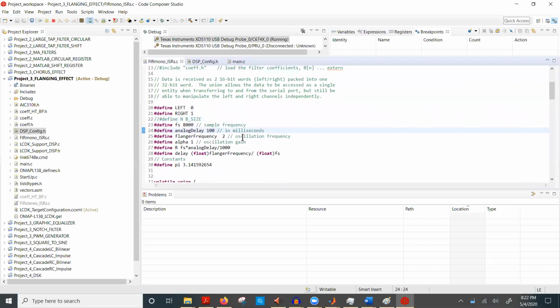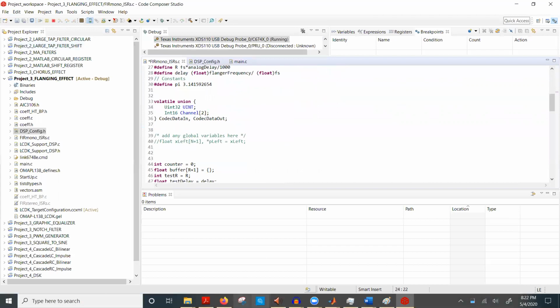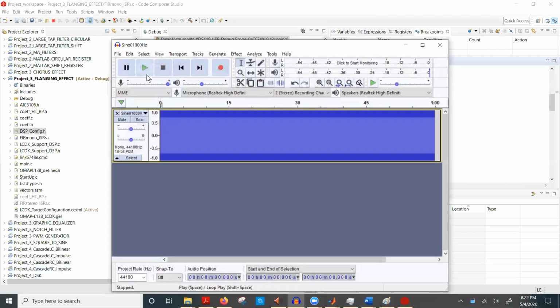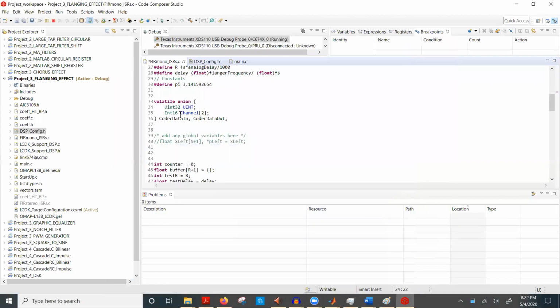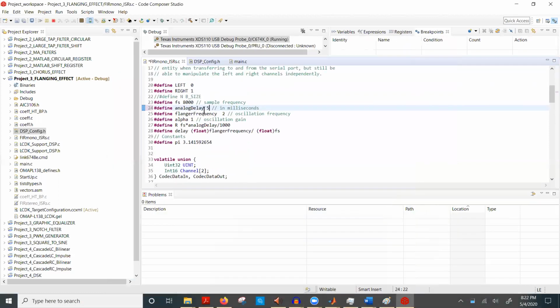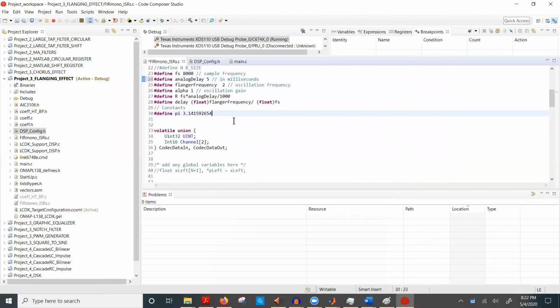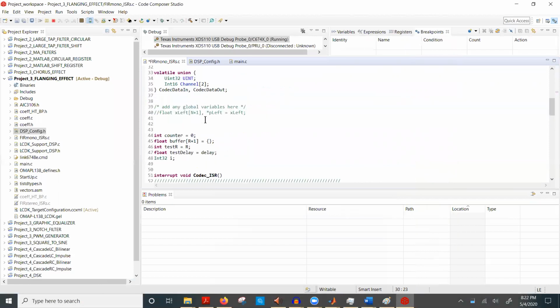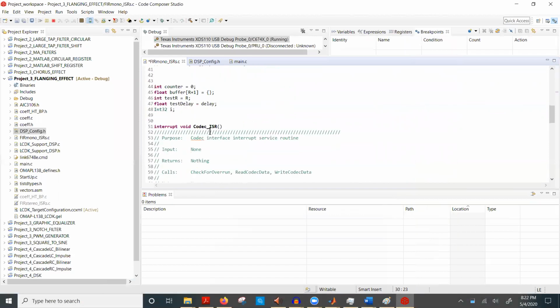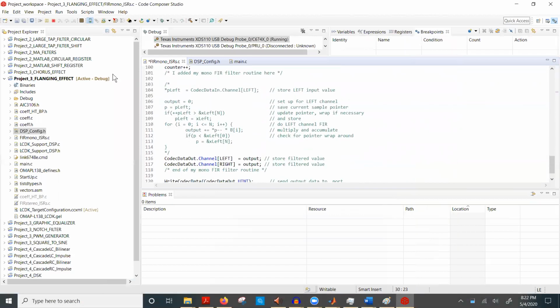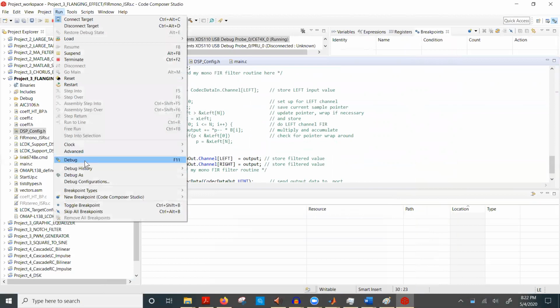So if the analog delay was small, let's say the analog delay was only 5 milliseconds now. Oh, I think my signal ran out. It did. So I can bring it back here. If I change the analog delay to only 5 milliseconds instead, I want to keep the echo loud so we can hear it, so I'll leave that alpha at 1. All I did was decrease this analog delay to 5 milliseconds. I left everything else the same. If I run this again,